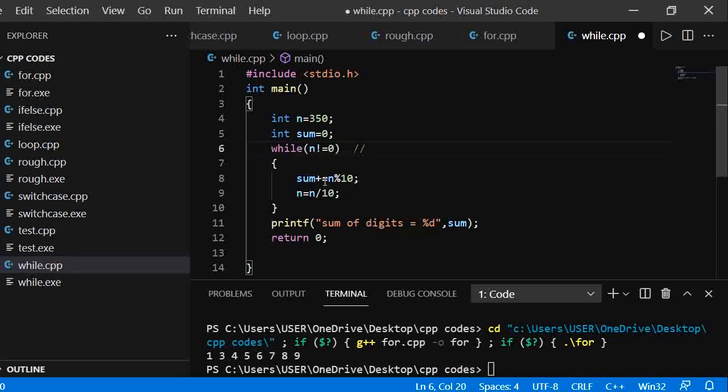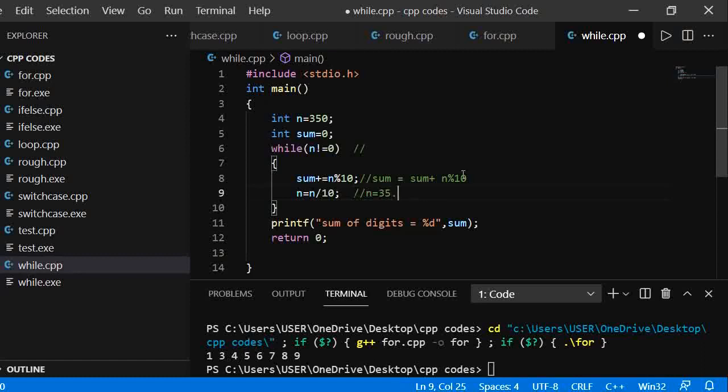Now this plus equal to is a shorthand operator, which basically means sum equals sum plus n mod 10. Here n mod 10 gives us 0, sum was initially 0, so sum remains 0. After that n is divided by 10, so now the value of n becomes 35.